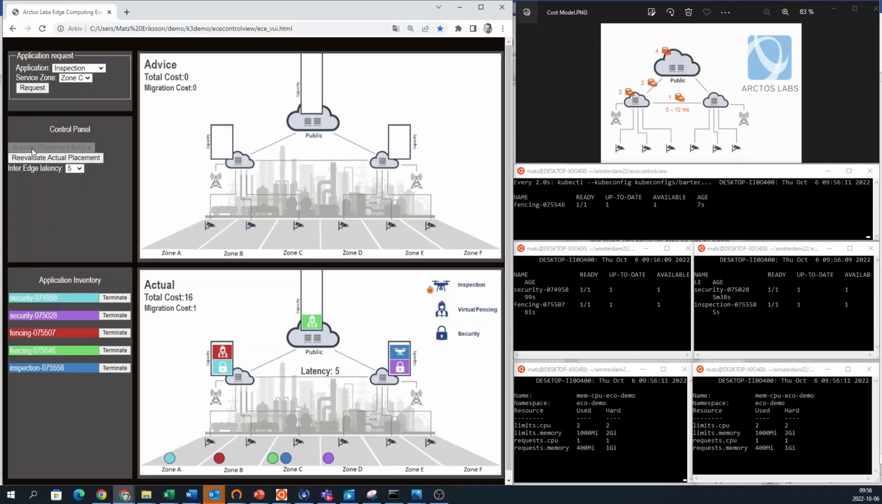The next step in the demo is that we're going to change the latency. So you can now see the latency between these is now 12, and this imposes a problem for the virtual inspection application, as that required a 10 millisecond latency. So now we're asking the placement engine for advice, and you can see the advice is to move the drone inspection application